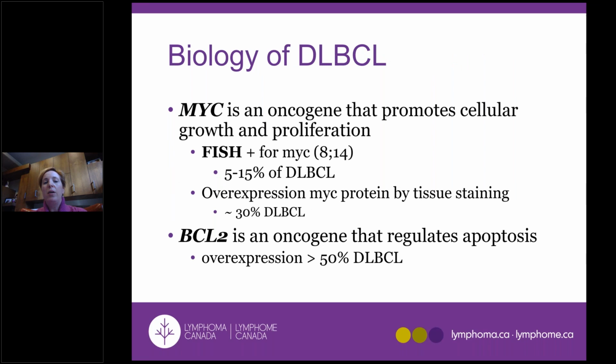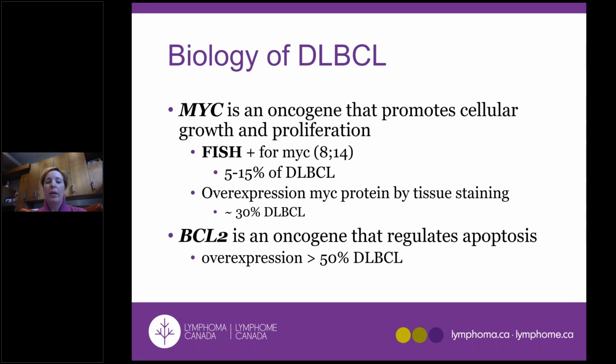With respect to the biology of diffuse large B-cell lymphoma, there's a few important things that are incorporated into our treatment algorithms and are important for prognosticating or determining what a patient's outcome might be. So I just want to briefly explain what those things are. So aside from the cell of origin subtypes that we just talked about, another thing we look at is these specific